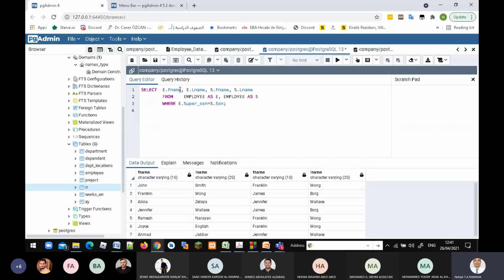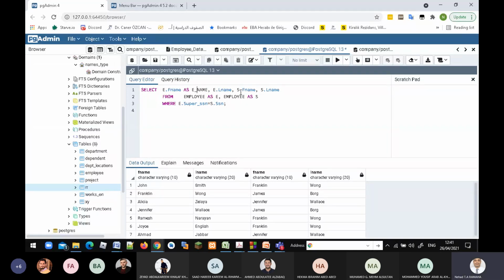We want to differentiate. I can differentiate like this, as employee name.